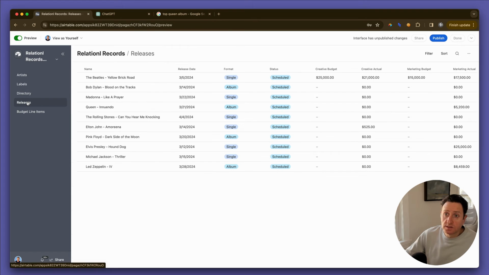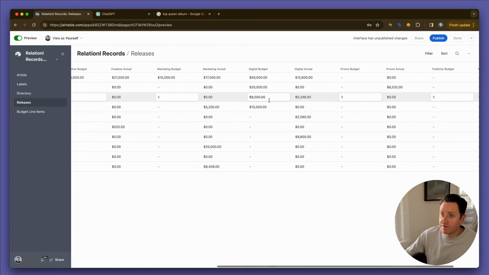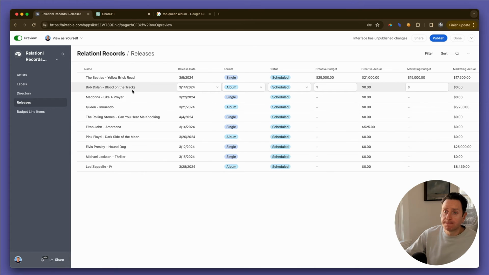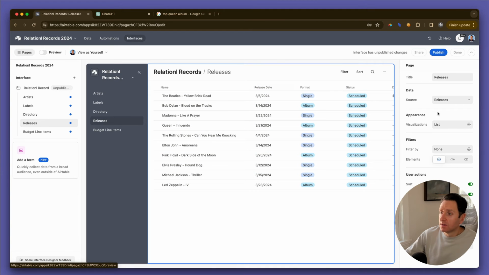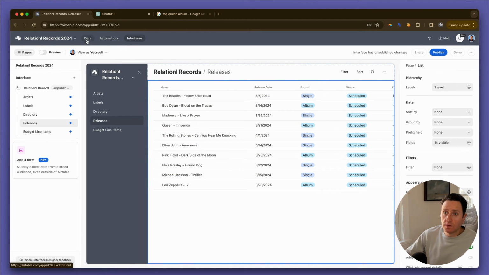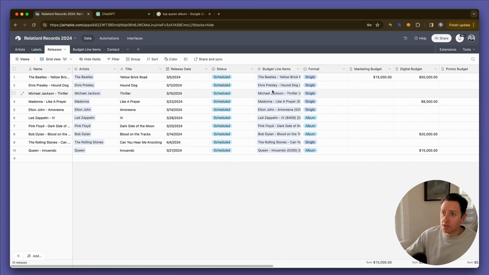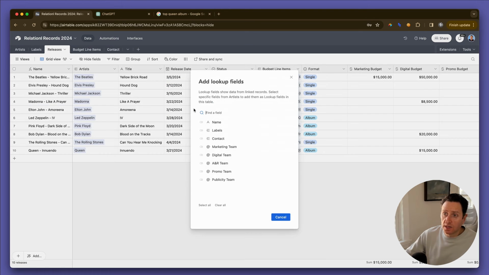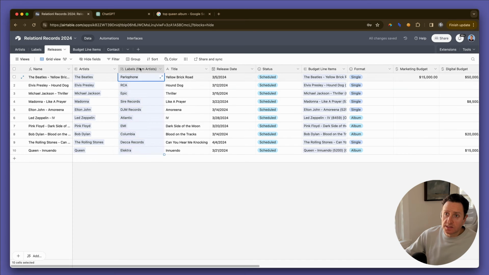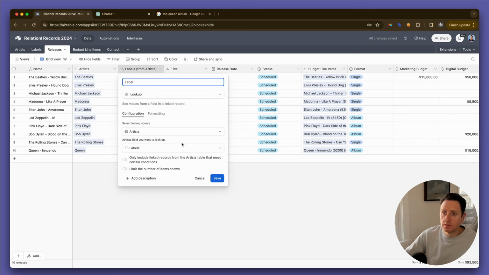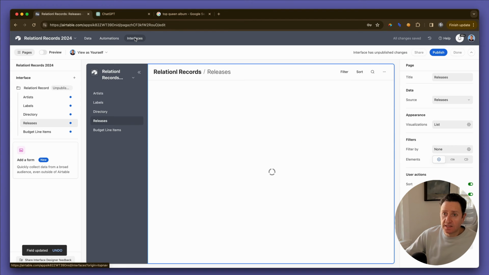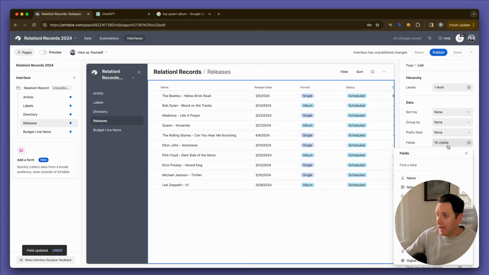What else do we need? Releases. All that information is also available right here very easily. Let's throw some information here like the label. Do we have the release? So let's use a lookup field to go to the artist and look up the label. And let's change that thing from label from artist just to a label. Come back into the interface. Add the label, bring that baby up, add the label,